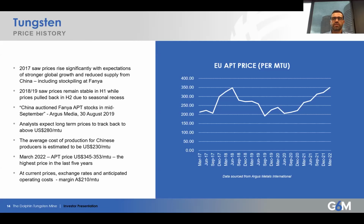Once that stock was auctioned, the price had a recovery. And then, kind of March, June 2020, COVID hit, and there was a slowdown of economic activity. But following that, there's been a steady increase. And as I said, we're back to kind of 5-year highs, which means it's excellent timing for the Dolphin Tungsten